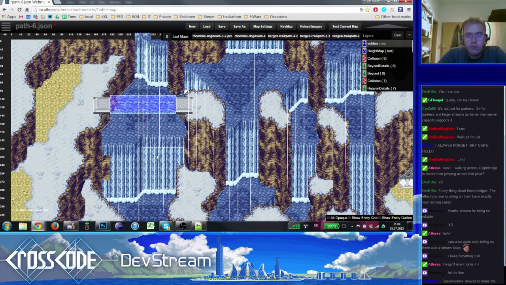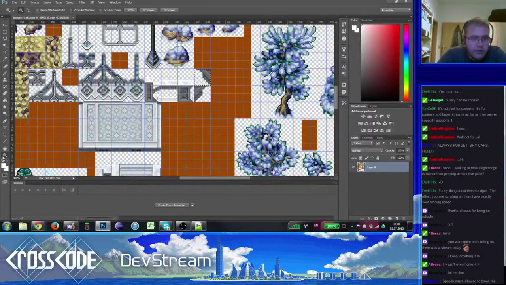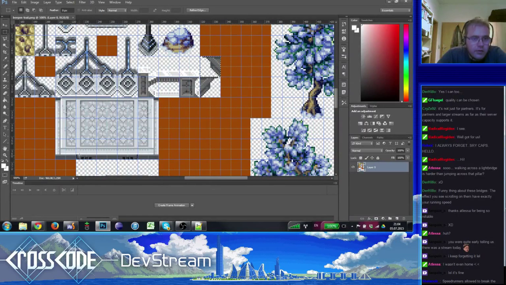And before we do this, I just want to get this bridge right. So all I have to do now is add a couple of tiles. Actually my graphics tablet's still not working, it seems.